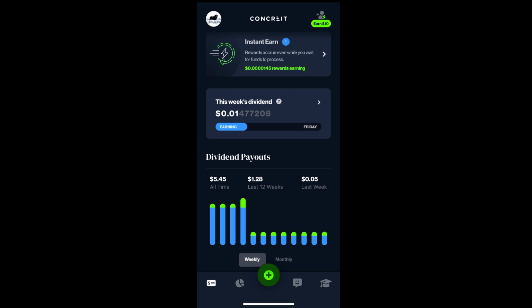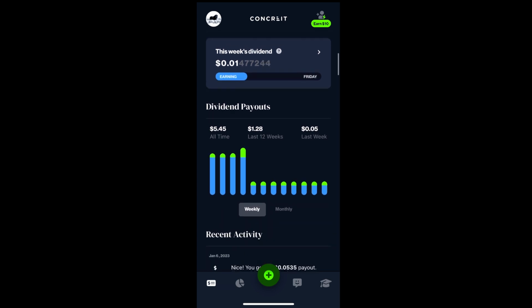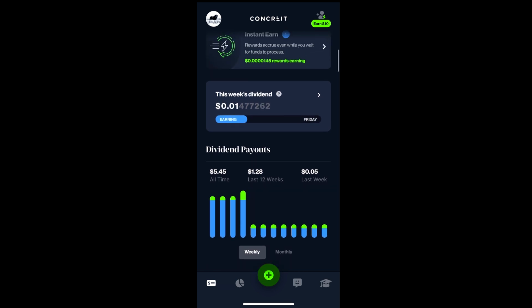To me, they seemed like they were all just the same, in my opinion. I didn't see any increase. I felt like I was still getting the same 5.5 percent,